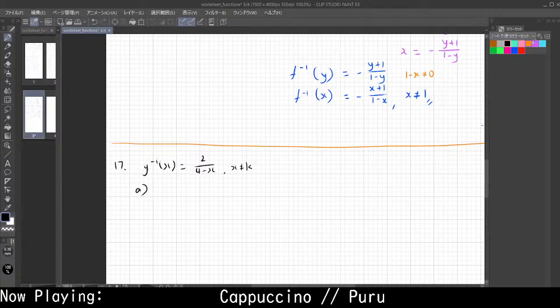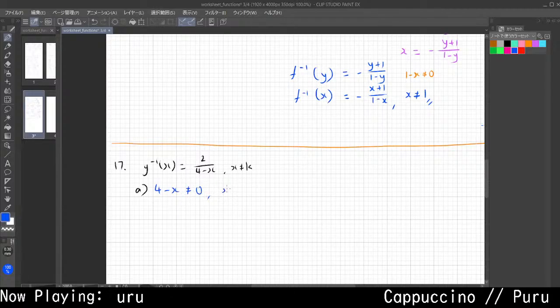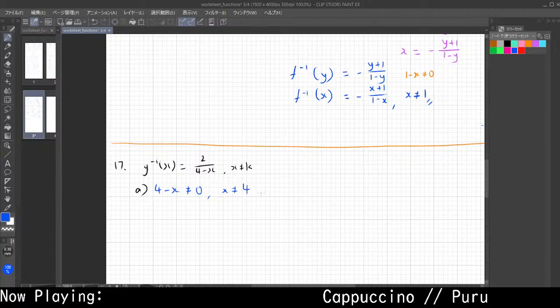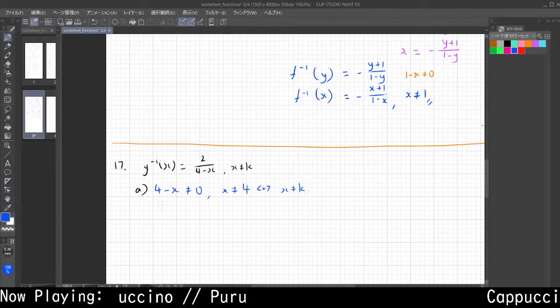The most straightforward way to find this is 4 minus x cannot be equal to 0. Rearrange, x cannot be equal to 4. Since x cannot be equal to k,